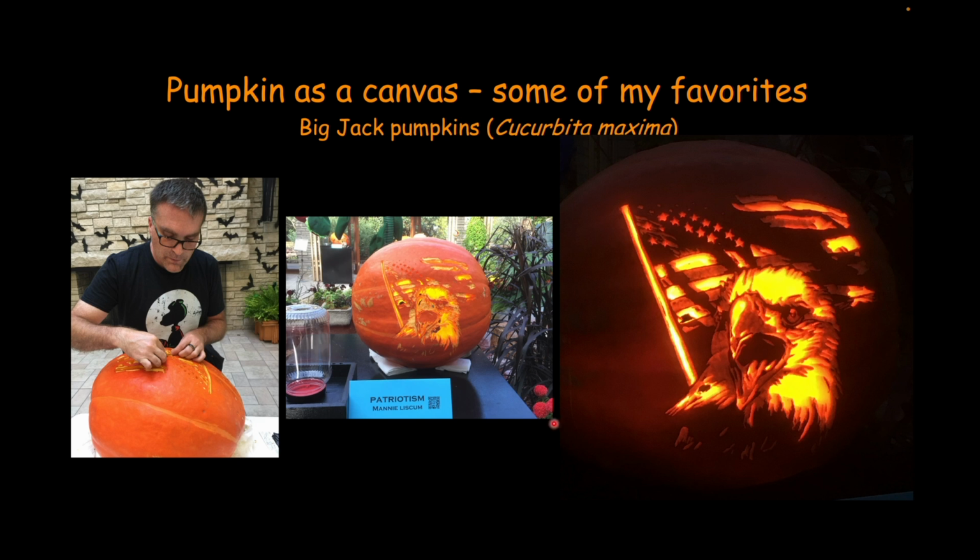As I'll talk about, to carve these things you make a template and you transfer the template that you make on paper and print out. You transfer that to the pumpkin. I do it by putting carbon paper or tracing paper underneath the template, and then you literally trace your lines on your template, and it transfers to the pumpkin because of the carbon in the tracing paper, and then you use that as your template on your pumpkin.